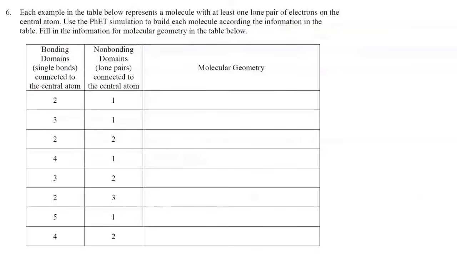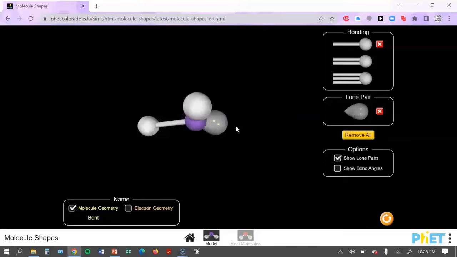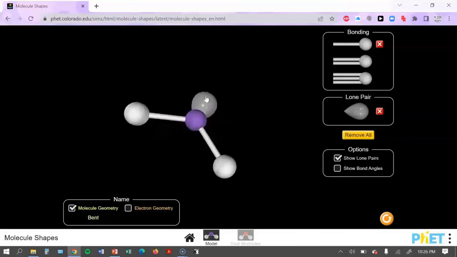Each example in the table below represents a molecule with at least one lone pair of electrons on the central atom. Use the PhET simulation to build each molecule according to the information in the table. Fill in the information for molecular geometry in the table below. So our first example in this table would be 2 bonding domains and 1 non-bonding domain. So let's add 2 bonds and 1 lone pair,